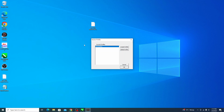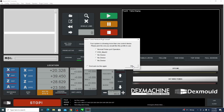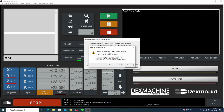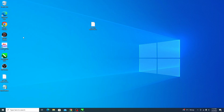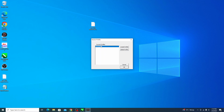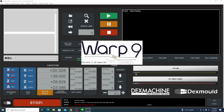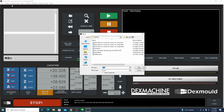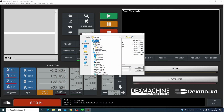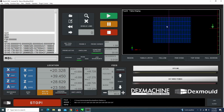Okay, so basically then you open up Mach3 loader, and you double click on this profile there, and this program. I just have to turn on the actual motor driver to give a good demo. I should have had that on, but anyway. Okay, perfect. So this is the program that runs the machine. And so basically, go to desktop, 6-inch starters, and that's it. Your file's loaded